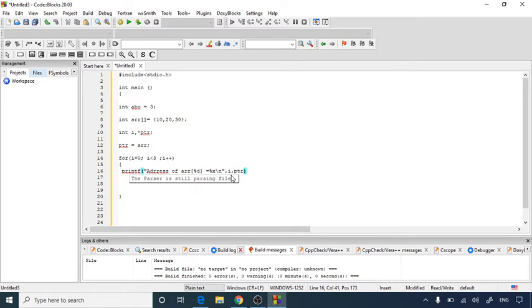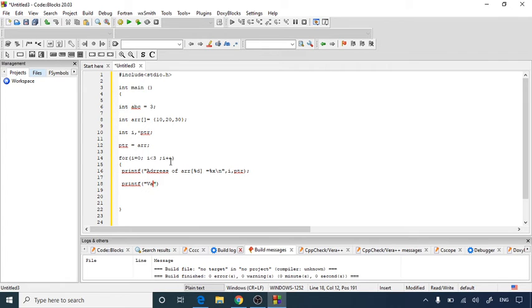So this %d is the ith element of the array, and the next is the address of that element, which will be given by the pointer. So comma ptr. And after that, one more printf statement will give the output of the address and the value of that element.